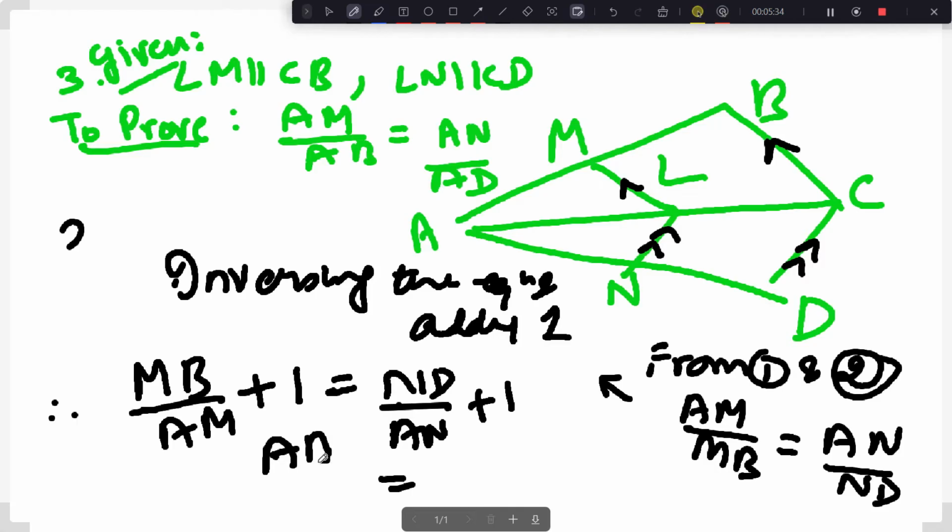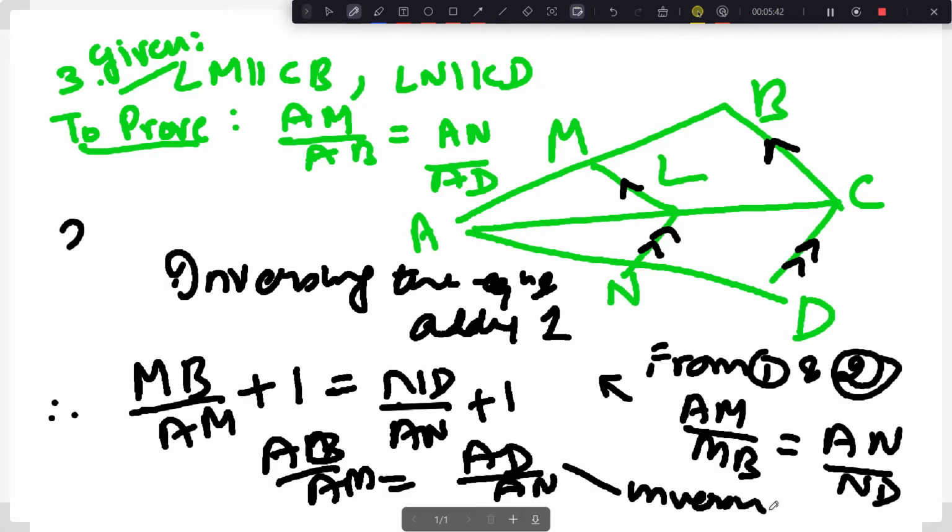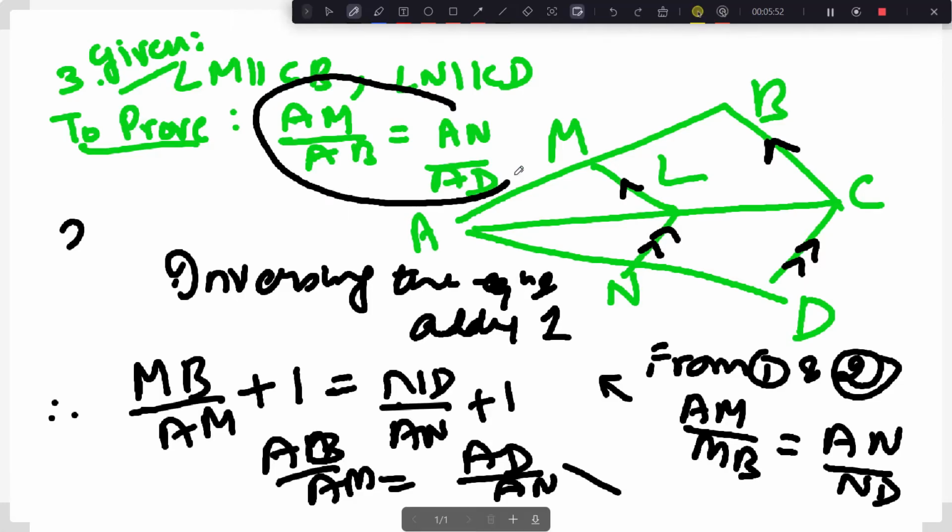So AB by AM is equal to AD by AN, again inverse. When we invert this, this is what comes to us, right? So henceforth,